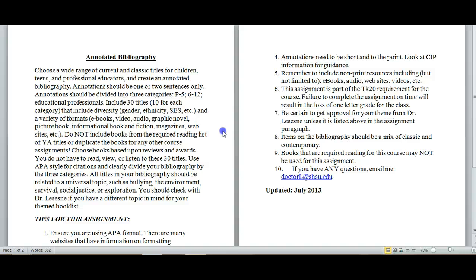The first category is pre-K through 5th grade. So if you're finding sources here for elementary school age kids, that would include picture books and chapter books. That can include short videos that you can show them, websites where you can take them. That's one section. You should have 10 resources there, all on bullying. Then 10 for 6th through 12th grade. We're talking now tween and teen books here, so middle school and high school. And finally, 10 items for educational professionals, so teachers, counselors, administrators, librarians, anyone who is associated with kids in the